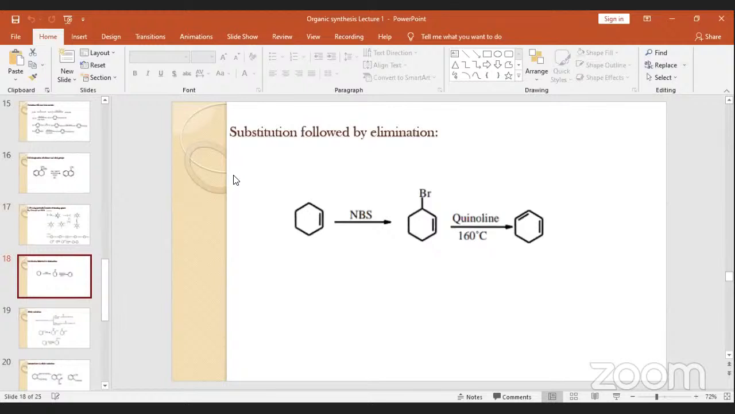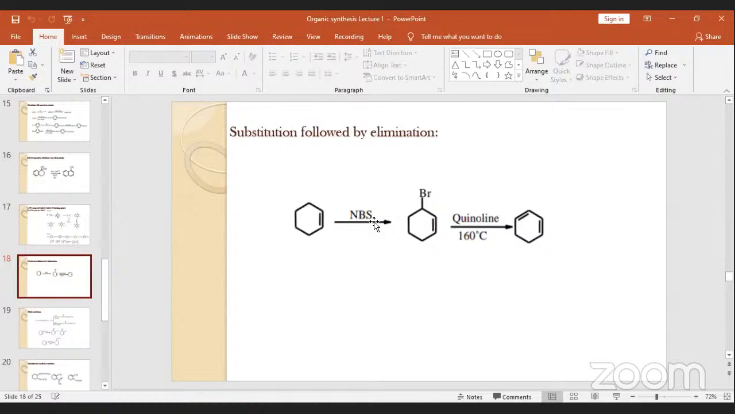So, another, this is also an oxidation reaction only. See, substitution followed by elimination. You can get a double bond here, like dehydrogenation. It's ultimately what is happening? A dehydrogenation reaction only. So once hydrogen, this is hydrogen, is allylic bromination, we call it, and for that N-bromosuccinimide